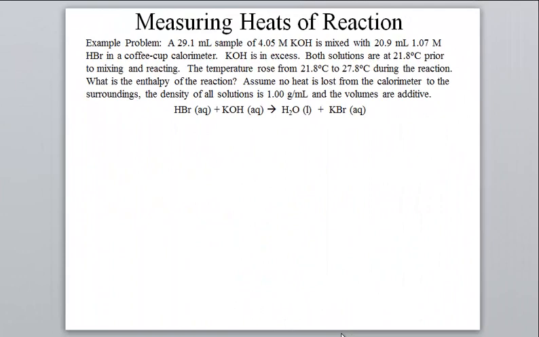On this page is an example problem to calculate the enthalpy change, the heat of a reaction for a particular reaction. Go ahead and pause the video, read through it, and either try and solve it all on your own, or unpause and see how the problem's getting set up. The end part of this problem is you're trying to figure out the enthalpy change for this reaction, this acid-base